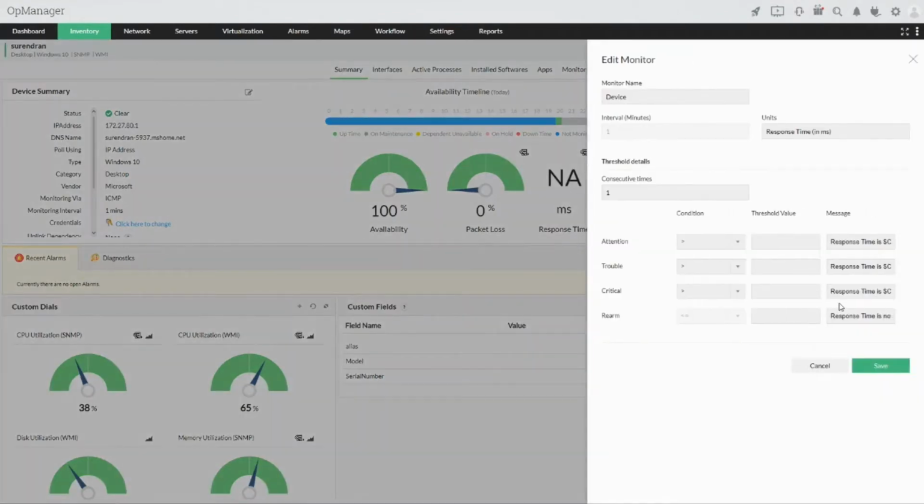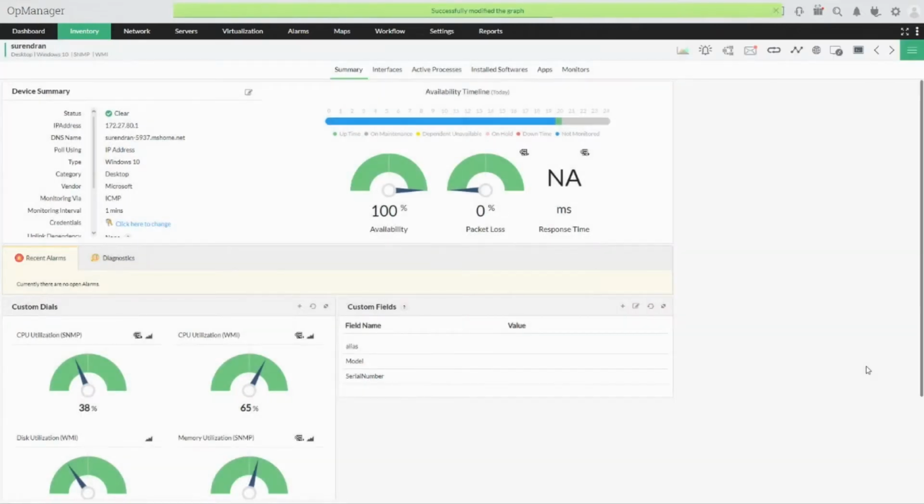Likewise, I can also set a threshold for my response time, how fast my ping response is coming back. Here I'm going to set a response time of 2 milliseconds. If it's greater than that, that is pretty vital for me. So I'm going to have a threshold for my response time. And likewise, you could do the same in bulk for various devices based on your requirement and monitor the availability or the health status of the devices in bulk and get notified immediately on what's happening at what particular time.